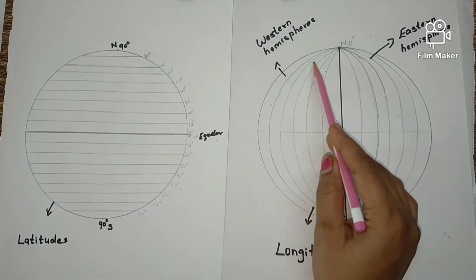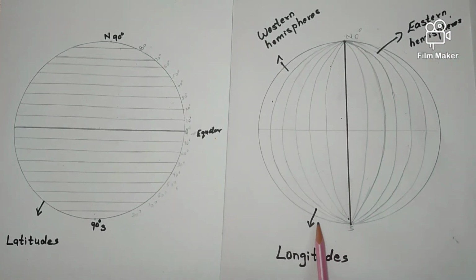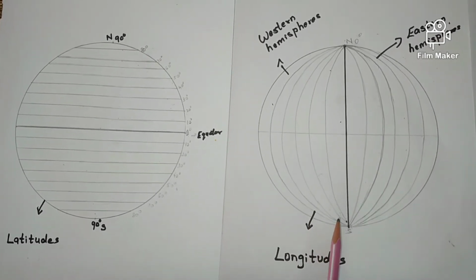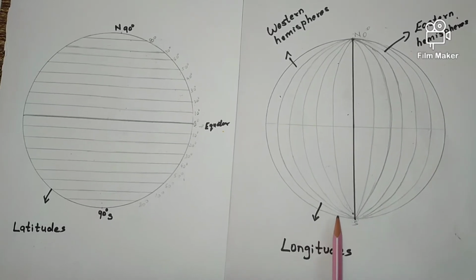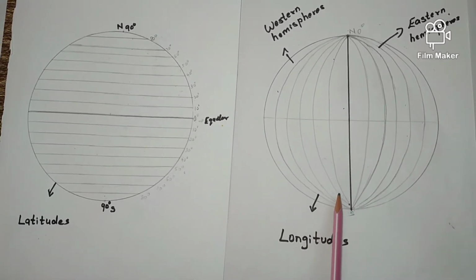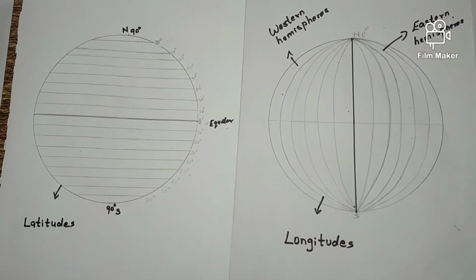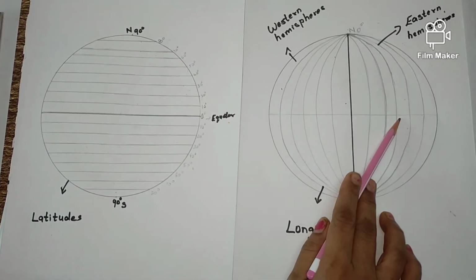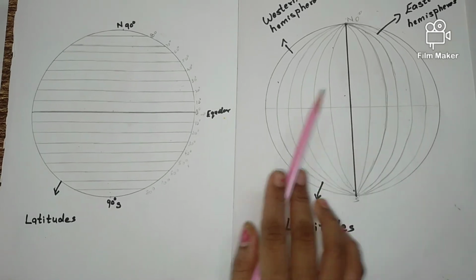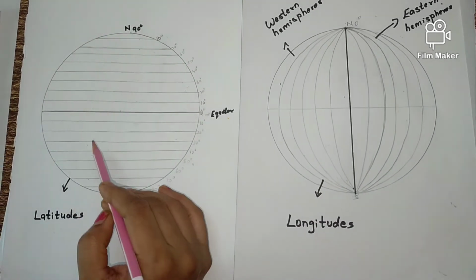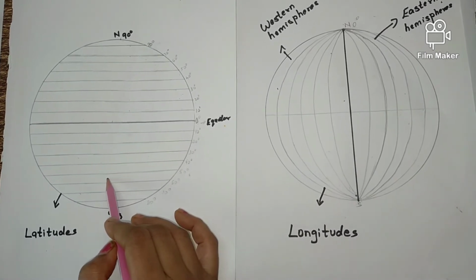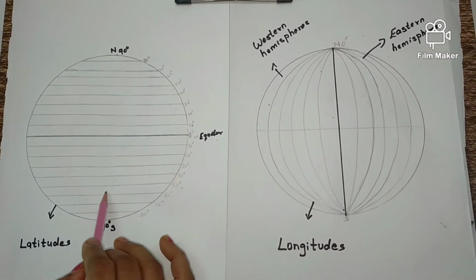Though the Earth is huge in size, we can tell the exact location of places on the Earth using latitude and longitude. The distance between two adjacent parallels is the same everywhere.